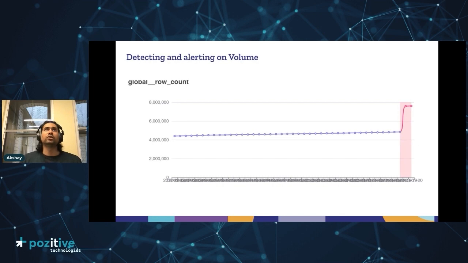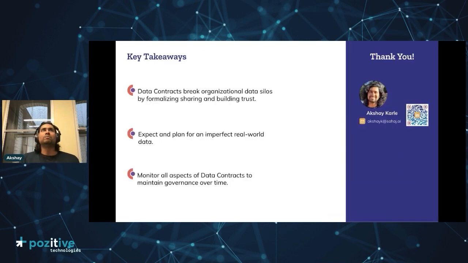Then we went back to the producers and asked them what had happened. They found out that it was actually a bug in their system, and then they went and fixed it. This is how you could go about improving your data products and having some sort of hygiene around this. These are very high-level key takeaways for you to think about when you're implementing your data products. If you want to learn more, I'm happy to dive into each of those topics. I've tried to keep it fairly high level because there was a lot to cover.